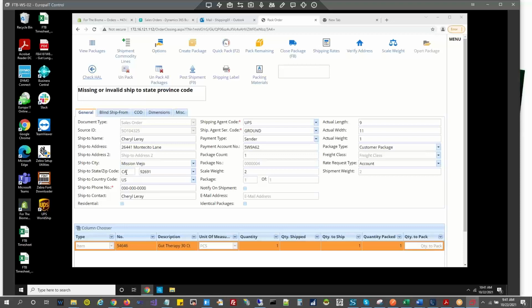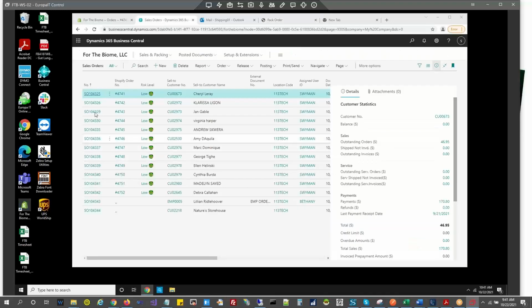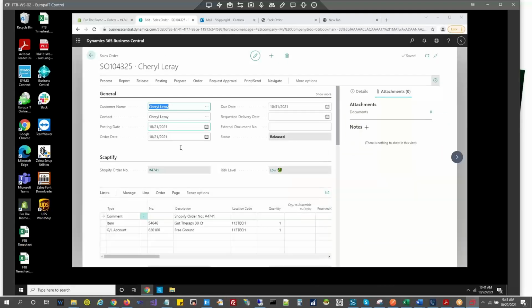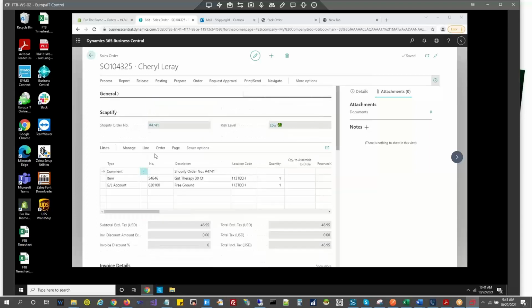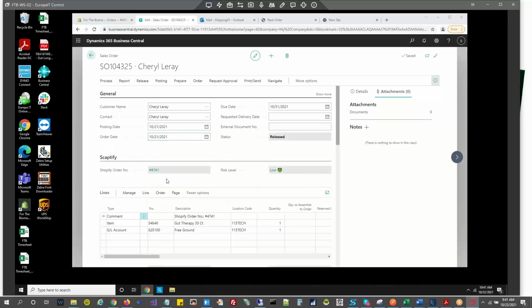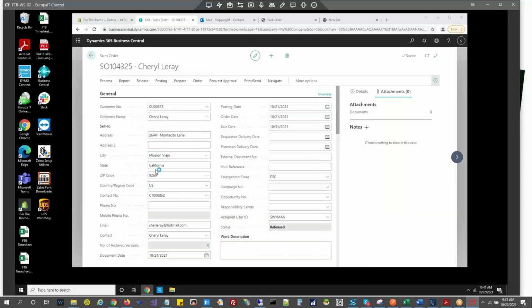For this state information, Lilia, in Business Central, when you are releasing the order, as you have already entered this zip code data, you can change the value again, like to GA.